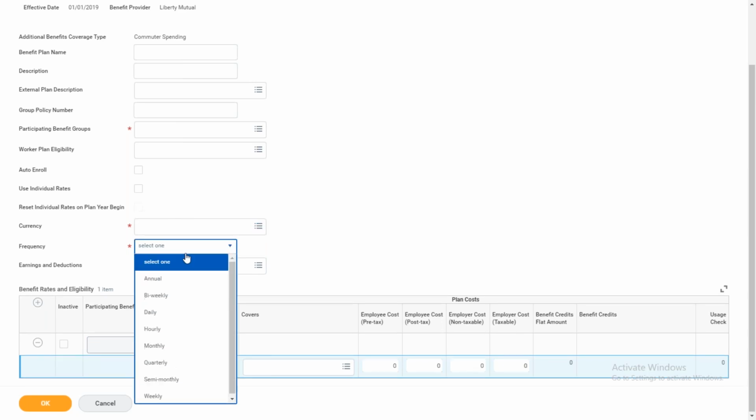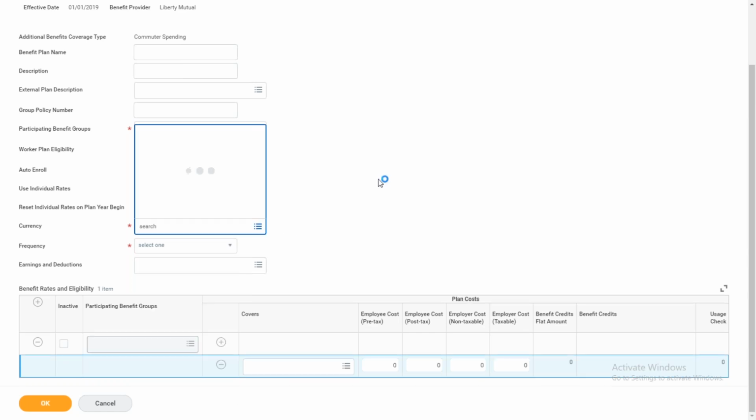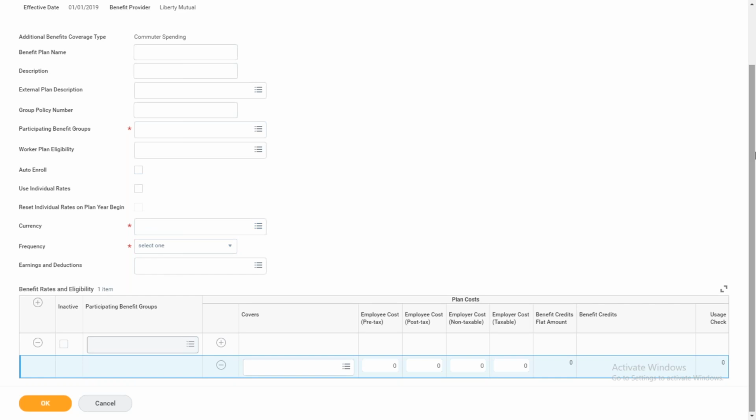Then frequency. So what is the frequency rate? Per month or bi-weekly or quarterly or weekly? Based on the employee pay frequency, the benefit plans also we have to create based on the same frequency, but it's not mandatory. And if you are implementing payroll or if you are using ADP to process the payroll, here we have to group these earnings or deductions. Either this benefit is an earning or a deduction. We require to create the codes and we have to assign them here.